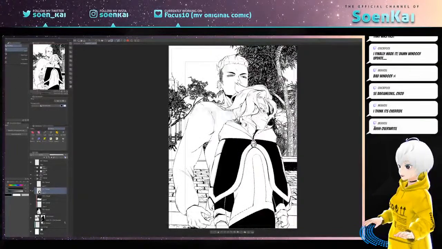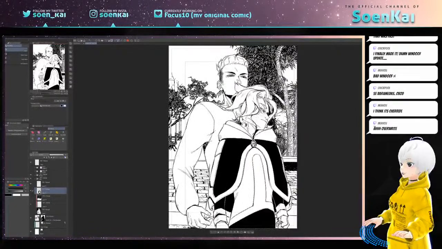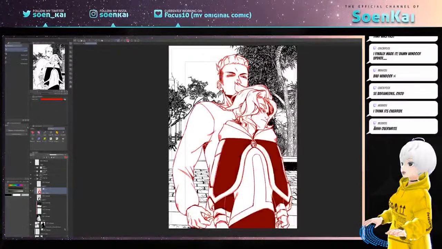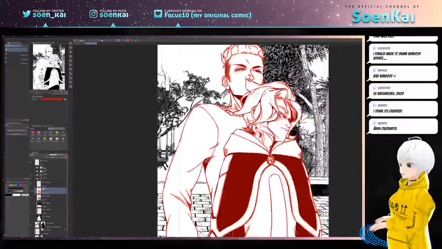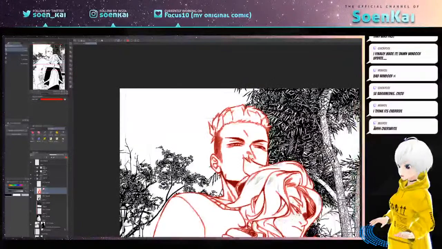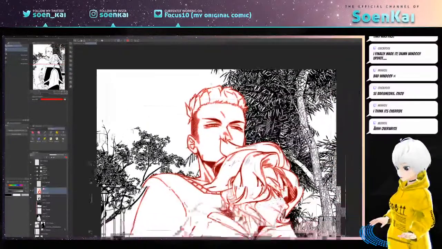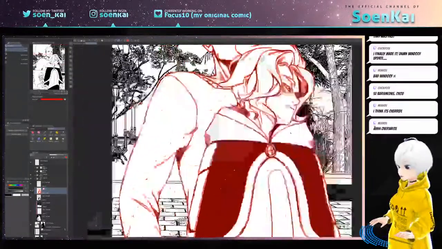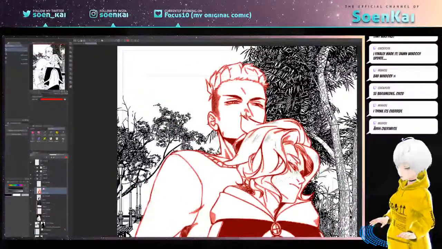And if I hit OK, it makes the selection wider. If I go into the quick mask mode, I can see that the selection around the line art is a little bigger. This is easier than just drawing in an outline by hand or something. So